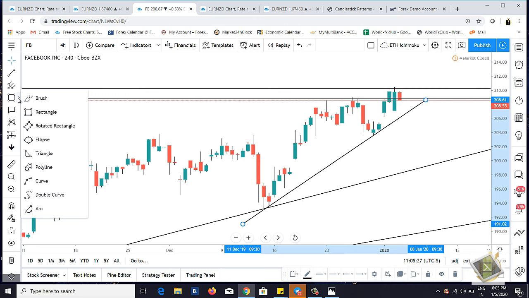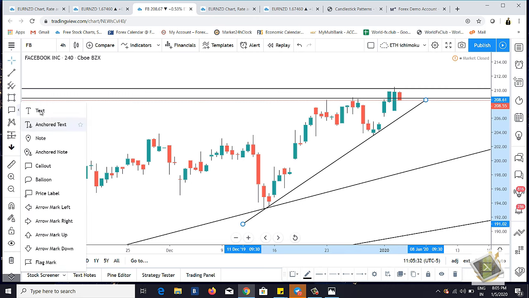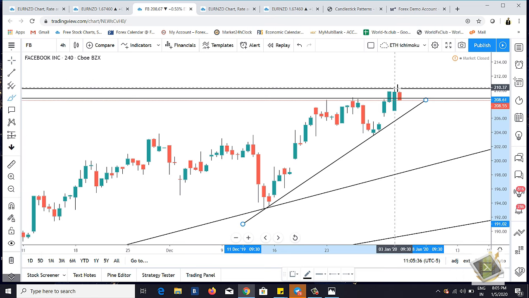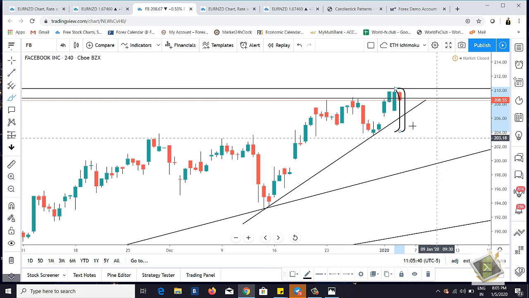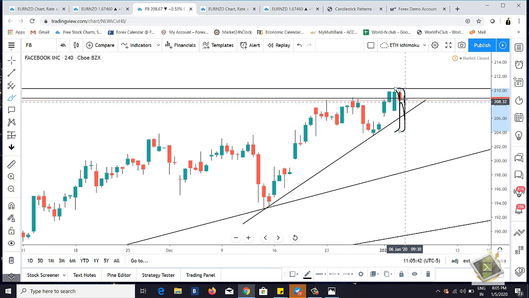I want a big red candle here, which gives me a signal that now sellers are interested in going down. Once it gives me that signal, a big red candle, or why I'm telling you this,